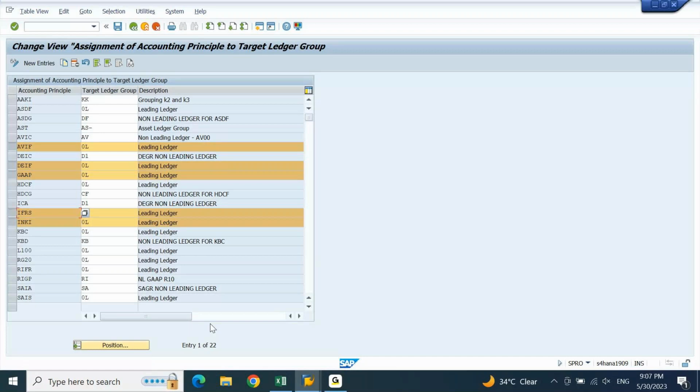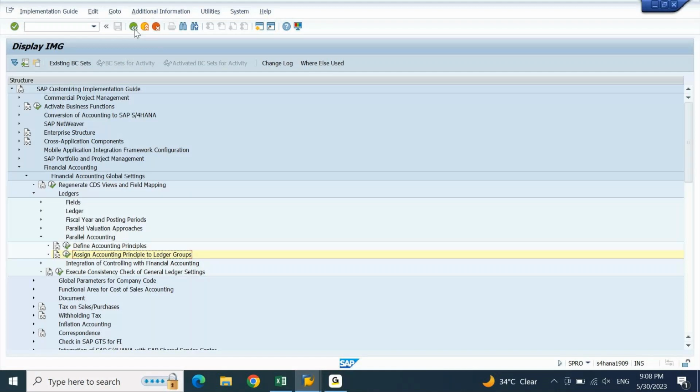Yeah, you can ask your question on the screen. Sir, can you please go back a little bit, to the non-leading ledger that we had created? Like we assign one accounting principle to our non-leading ledger, right? Don't go to that screen now because I created a new accounting principle now. In this space, we assign one accounting principle to a non-leading ledger.